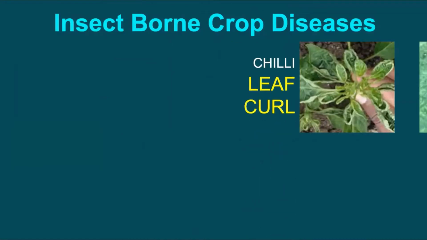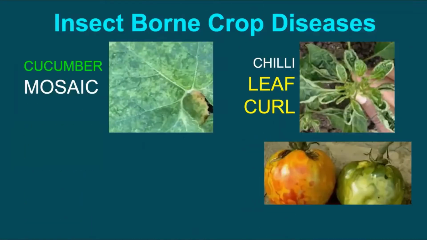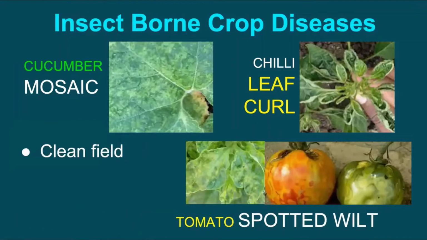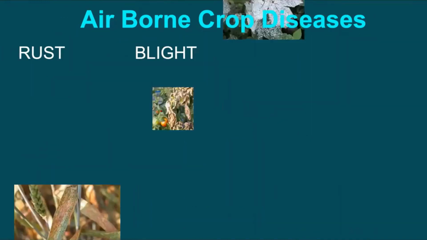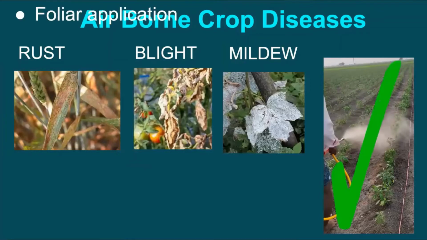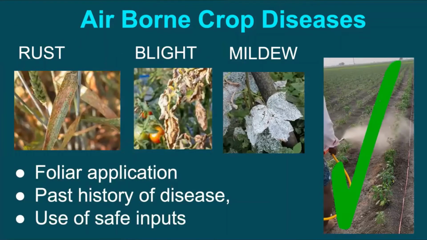Certain viral diseases like mosaic, leaf curl, spotted wilt are transmitted through insects. Effective management of insect pests like aphids, whiteflies, etc., and measures to keep the field clean, that is free from weeds, infested crop debris, helps to control the viral disease to a great extent. Here again, unnecessary application of fungicide will not add any value towards disease management. Foliar application is recommended only in the case of airborne diseases like blight, rust, mildew, etc. Depending upon the past history of disease incidence, one needs to plan for even preventive measures using safe inputs as